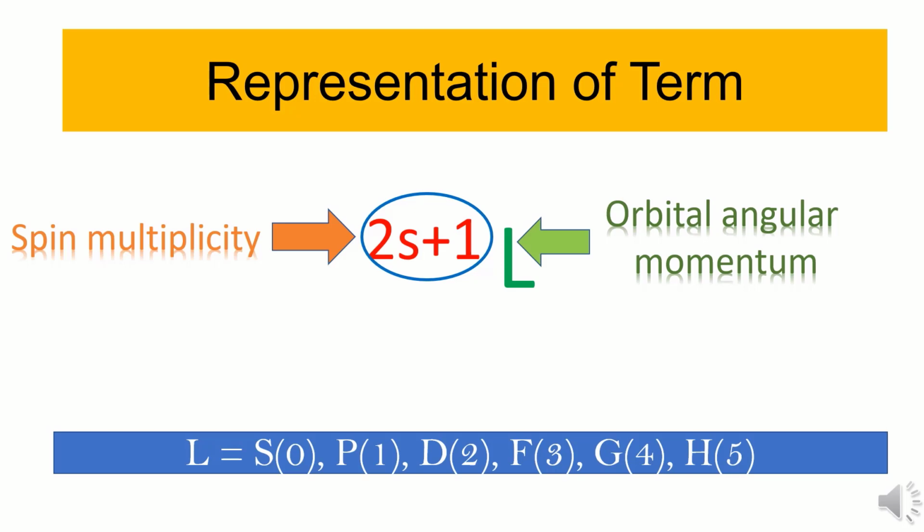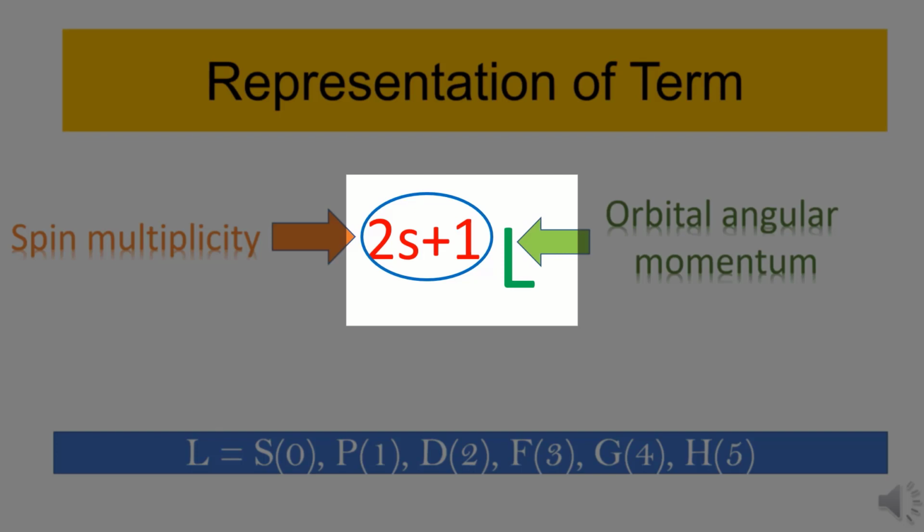Generally, energy levels of atoms or ions are known as terms. As it is related to energy levels, definitely it depends on the spin angular momentum, which is denoted by S, and orbital angular momentum, which is denoted by L, and also on the combination of both the spin and orbital angular momentum, which is known as the total angular momentum, J. Now, a term can be represented simply by 2S plus 1 in the superscript prefix position of the orbital angular momentum, which is denoted by L.